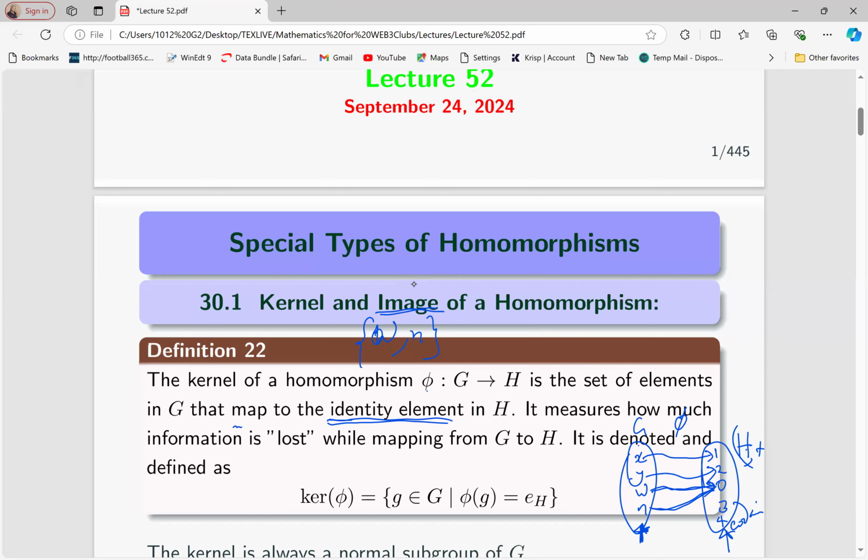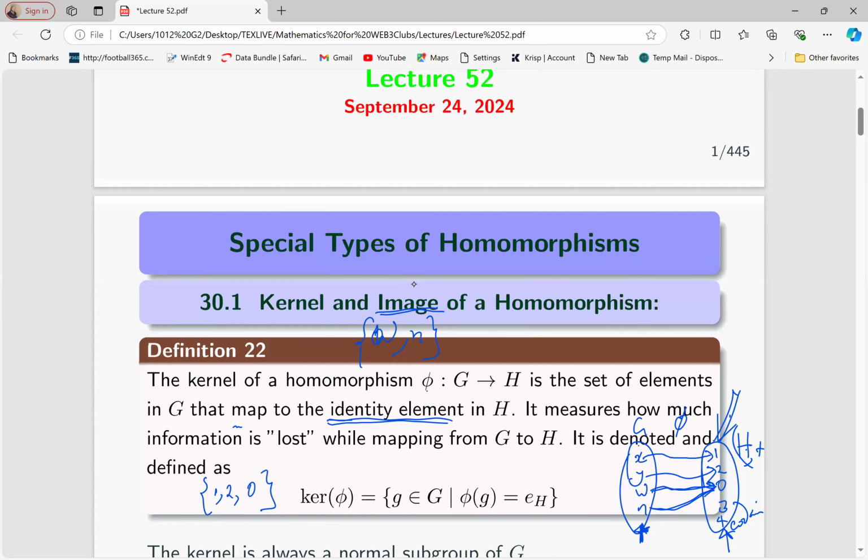Inside this codomain, you can see that we have elements which have been mapped to, and you can see that there are other elements which have not been mapped to, for instance 3 and 4. The set of elements which have been mapped to, in this case, our image, is the set comprising 1, 2, and 0. The set of elements in the codomain which have been mapped to is what we call the image of a